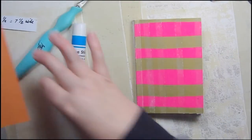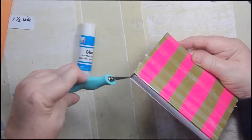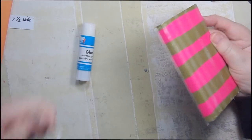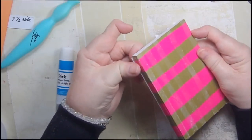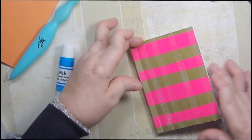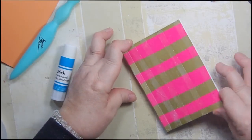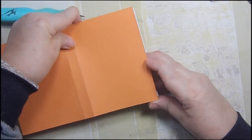So our first step here is to take, I already took the pieces of backing off of the front, and now I'm just going to take this one off too and put a little bit of glue stick there. I guess I don't need to take the one off of that piece. Okay, so all we're going to do first is make sure that if we have any edges of our tear tape hanging over the side, we fold them back on themselves. Then you're going to line up your corner as best you can